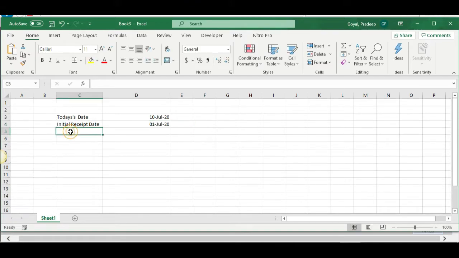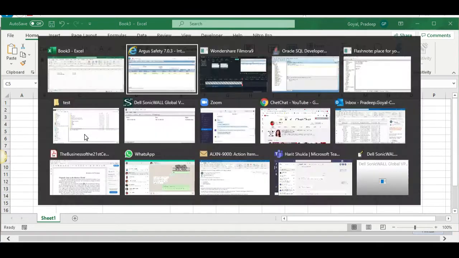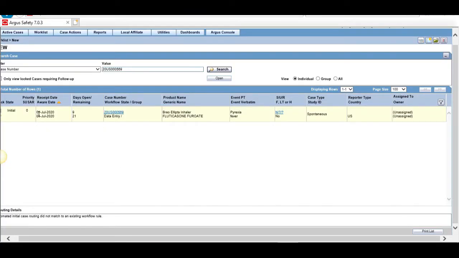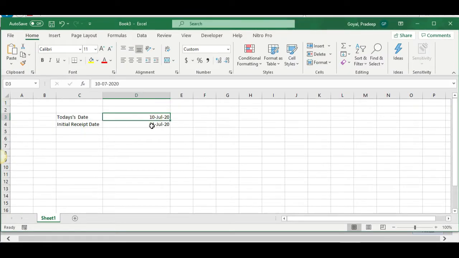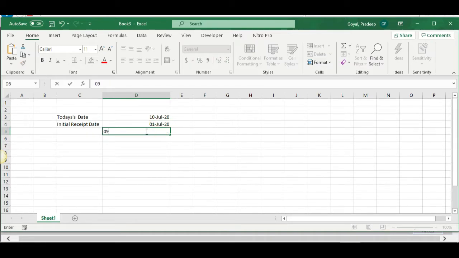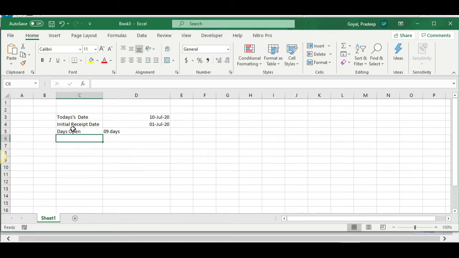So how many days have elapsed? 10th of July minus 1st of July, so how many days have gone? 9 days. Days open, that means this is how the calculation is done.